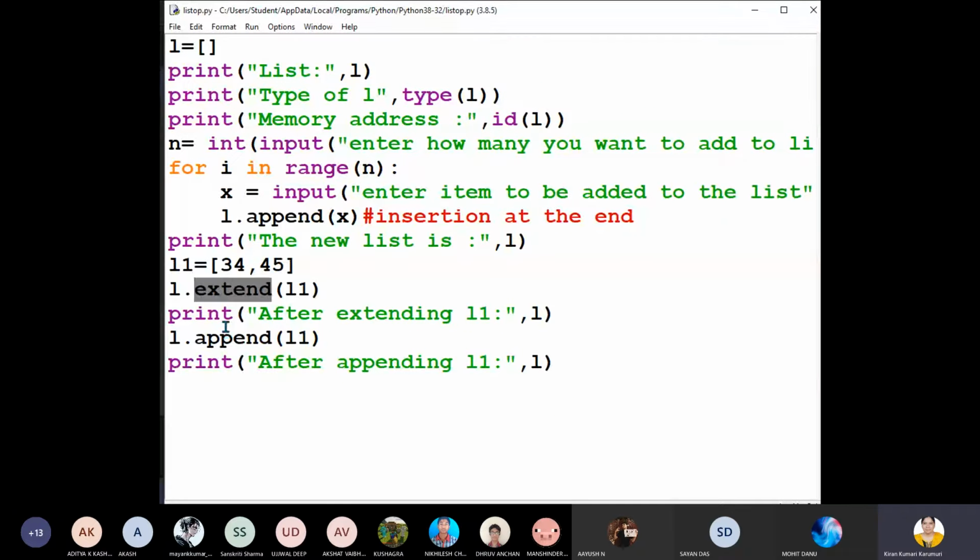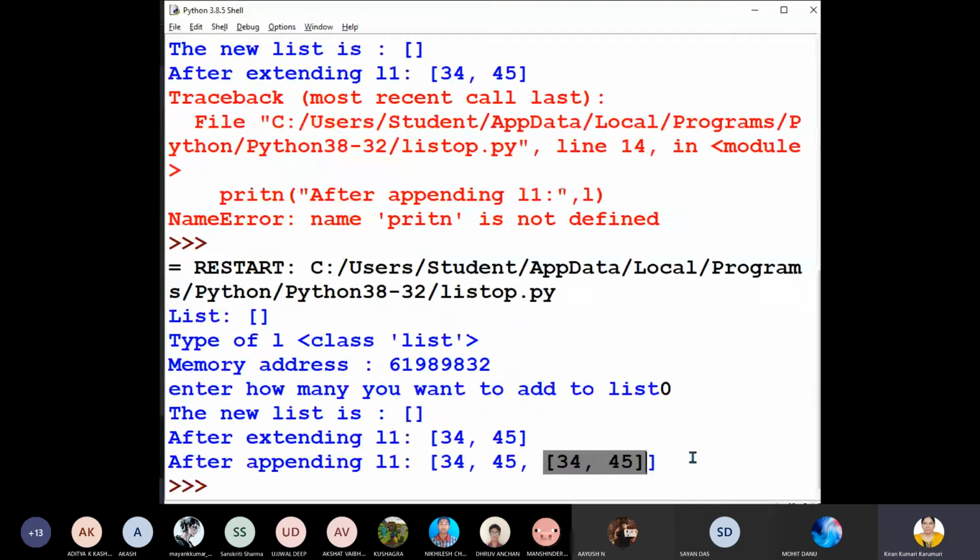What is the difference between append and extend? Extend: whatever elements are there in the list which we are adding, that is, whatever is inside L1, every item will become a separate item in the list L. Whereas when we append a list to an existing list, all the items together will become a single item in list L. Is it clear to every one of you?